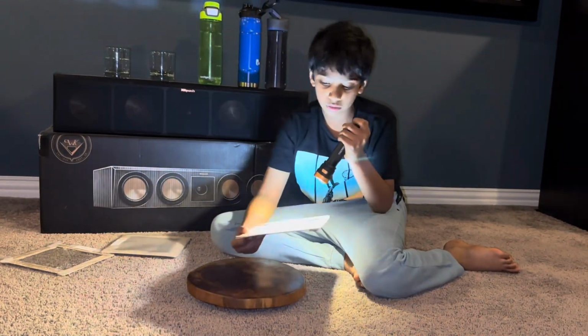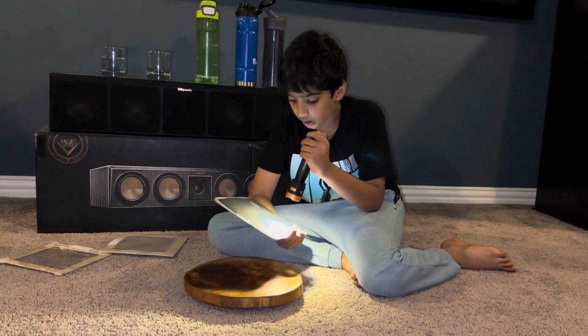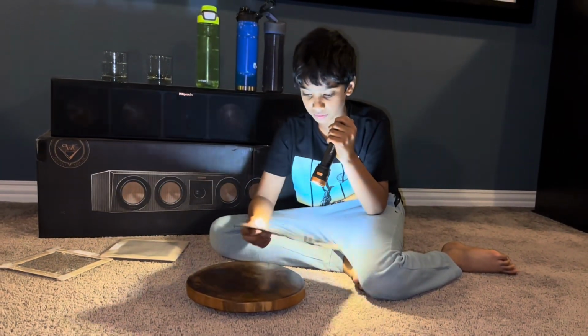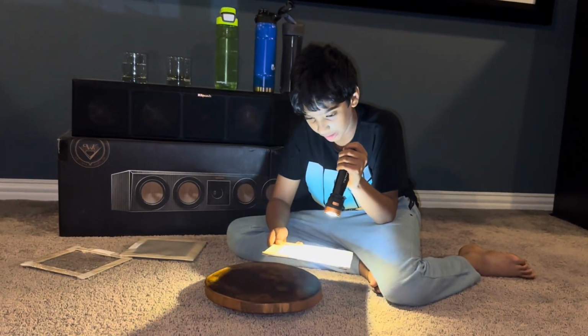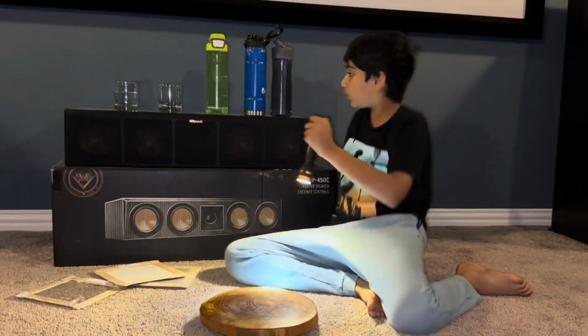And for this material, we use paper and cardboard. If the light is not passing, then it's opaque. Now let's go to these two